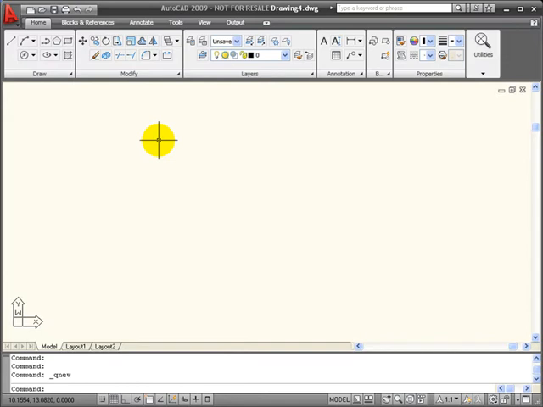To change this, I'm going to type from the keyboard on the command line startup and hit enter. Right now you can see that the startup value is set to 0, which gives me my default template dialog box. We're going to set this to 1 and hit enter. Now when I start a new drawing,